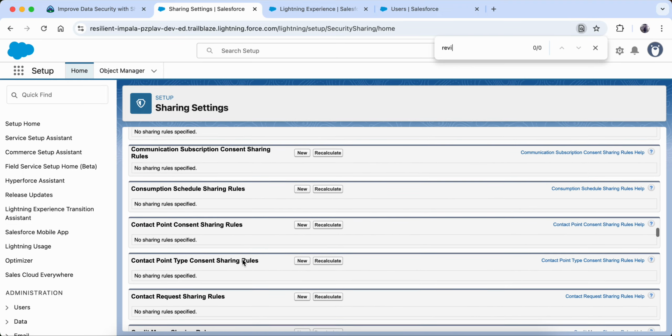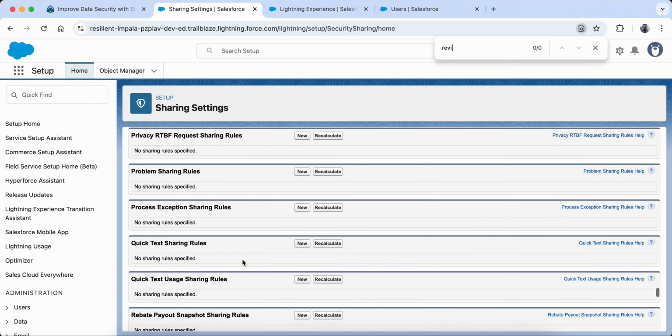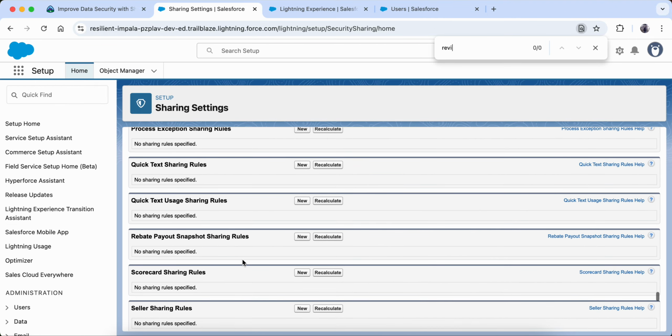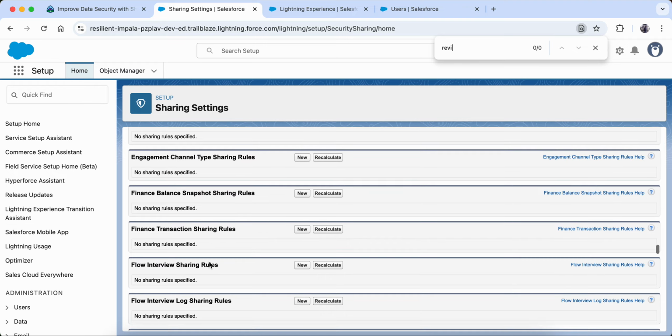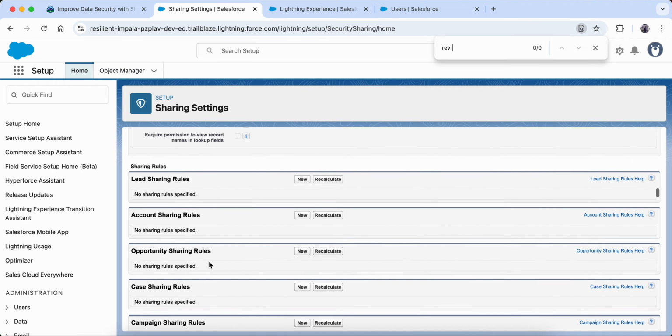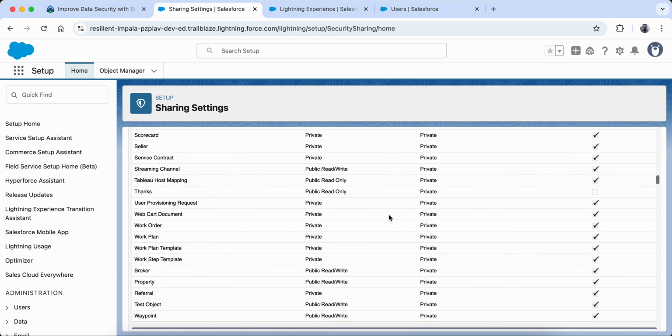Access rule B, it is C, it is coming alphabetical wise, M and Q, right? So it should be somewhere here, but I don't see it here, right? Okay, wait. Let's search more. Okay, review.